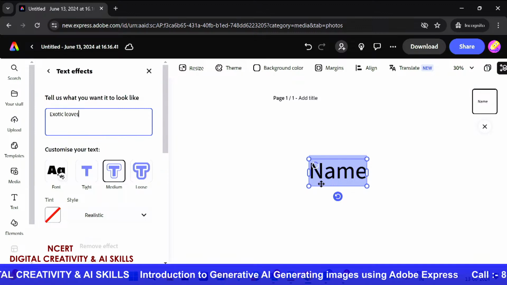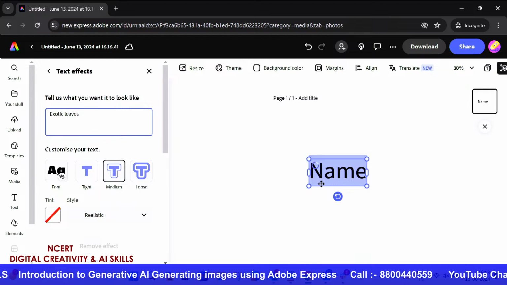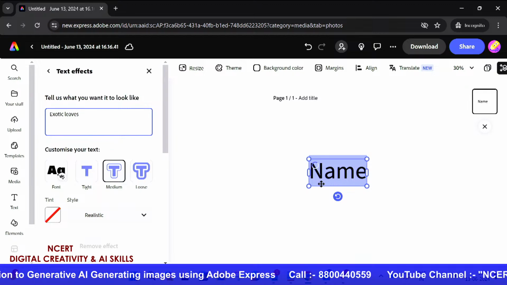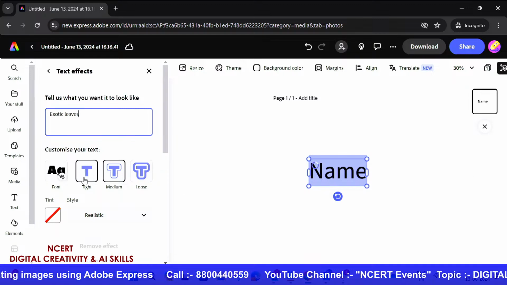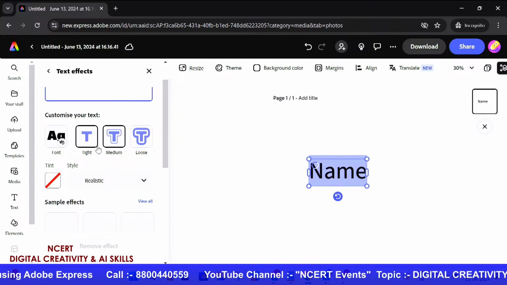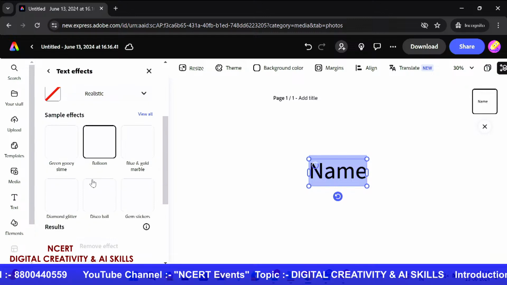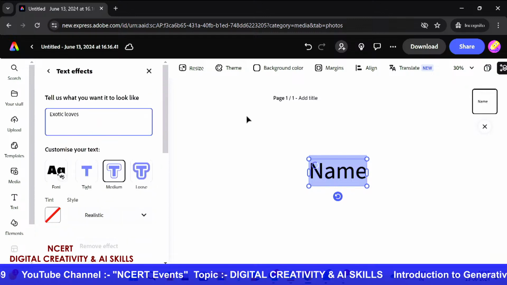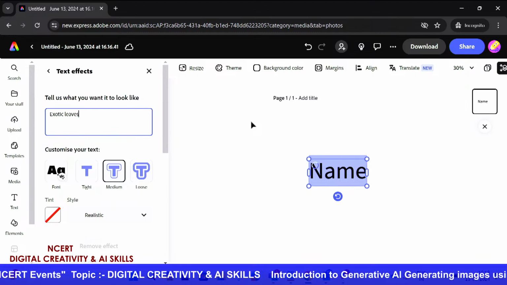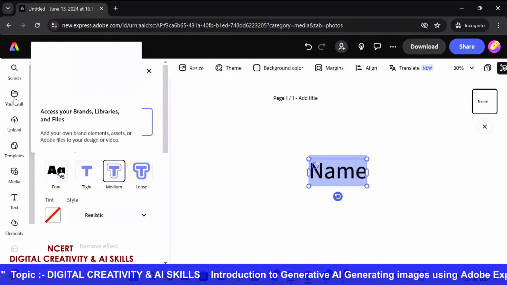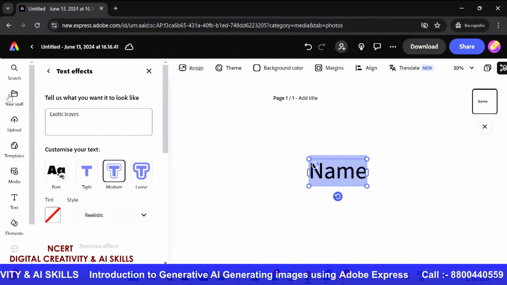You can have classroom chalk, you can have water droplets, and anything which comes into your mind can be displayed as a text effect. You can change the font of it, you can style it as per tight, medium, loose, and so many effects that you can choose from. So this is how you can create a brand new text effect from scratch. But in case, let's suppose I have a creation already in my stuff on the left hand side, when I click here,